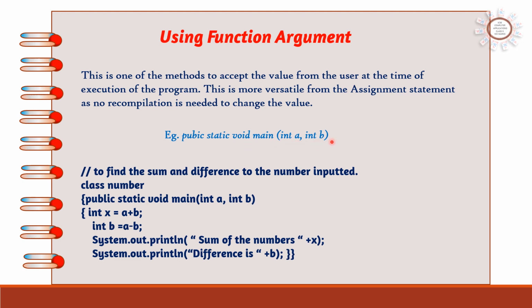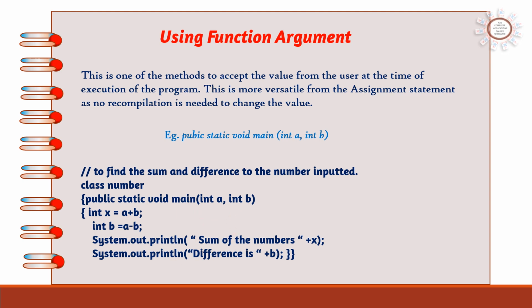Once we are running the program, at that time we can give the data. So we are giving the values of A and B at the time of execution, and then we can add or subtract according to the question. For changing the value also, we just run the program once again, and then new values can be given, and the values will be accepted and the answer will come according to the new values.